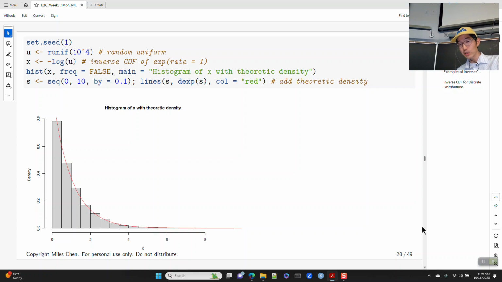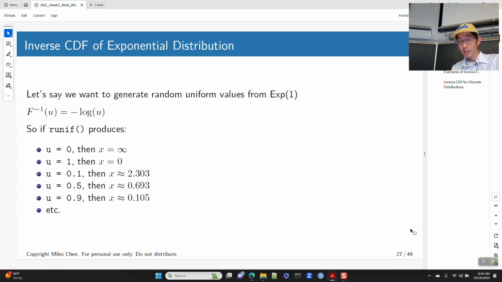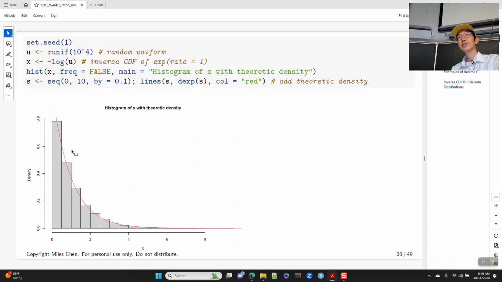And if you have a value very, very close to 0, you can get a really big number, right? Theoretically, we can get as big as infinity. All right, so this is the histogram, and then I can plot the theoretic density, which is our exponential function,